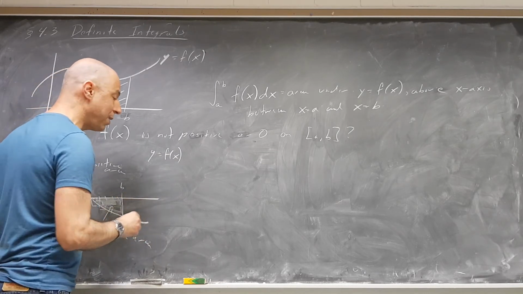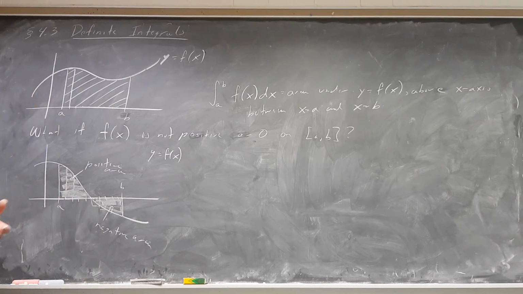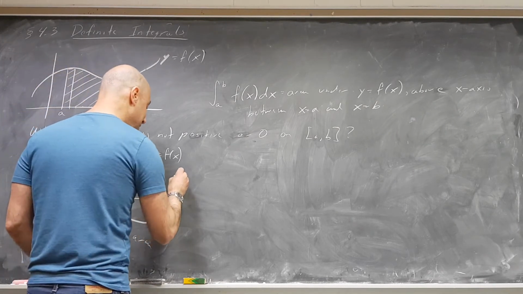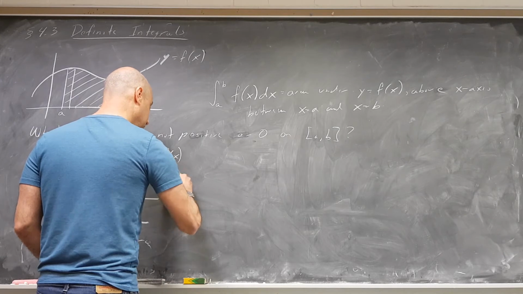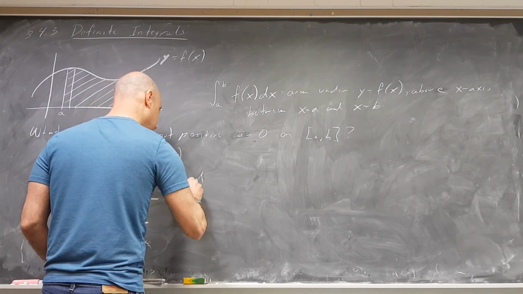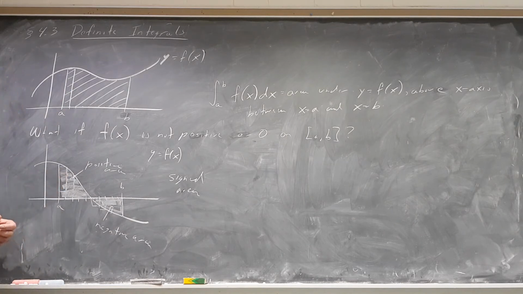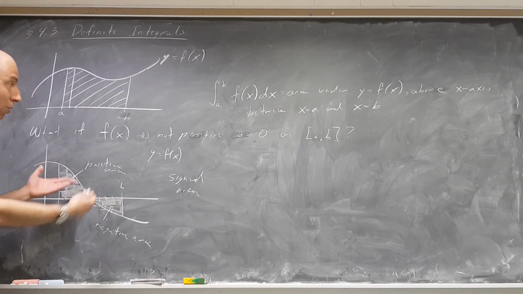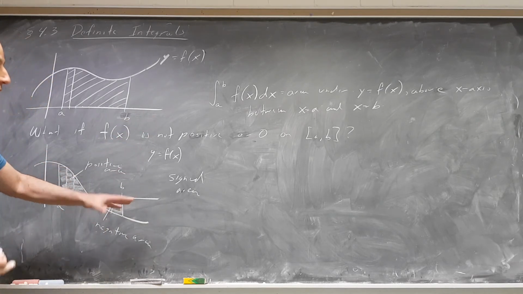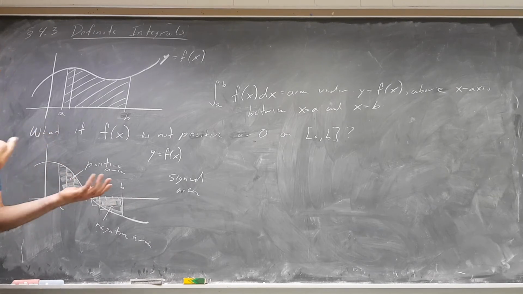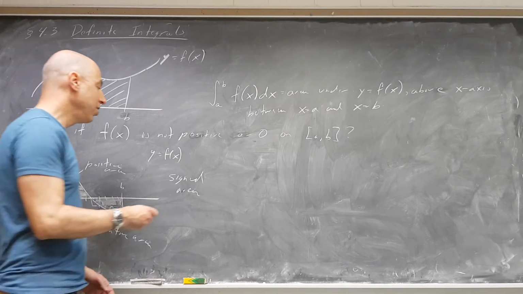So what we're talking about is a more general concept of area. We're talking about something called signed area. Signed like positive or negative. Stuff above the x-axis counts as positive area. Stuff below the x-axis counts as negative area. So if we have a more general function, we can't just say it's the area under the curve above the x-axis. Some of it might not be above the x-axis. So in general,